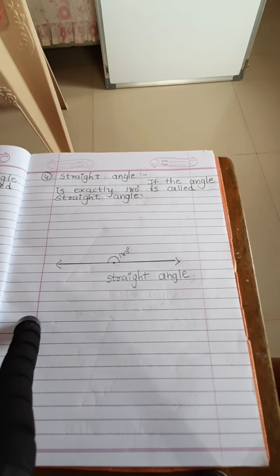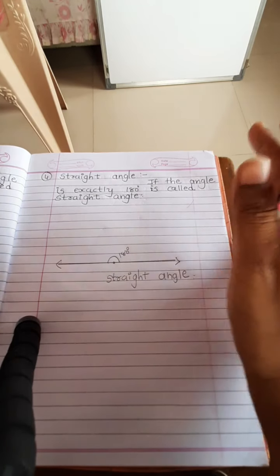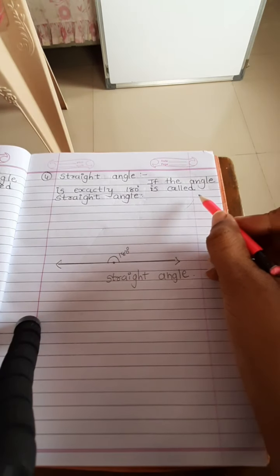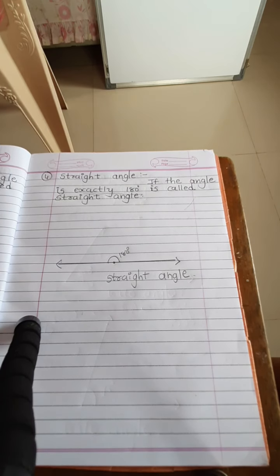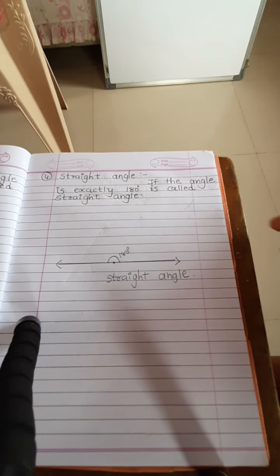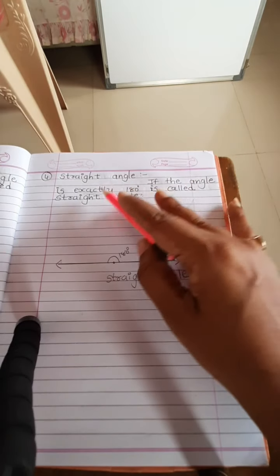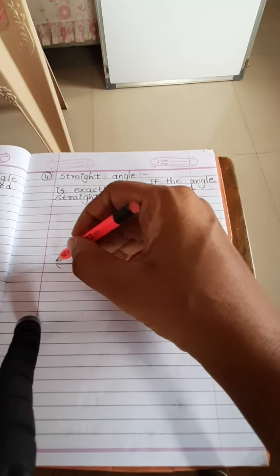Right angle means if the angle is exactly 90 degree, that is called the right angle. Acute angle, if the angle is less than 90 degree, means you can draw like this, close angle. In simple, angle is close, that is called the acute angle. And what is called the obtuse angle? Obtuse angle means if the angle is more than 90 degree, yeah, open angle, that is called the obtuse angle. And straight angle, very simple, if the angle is exactly 180 degree it is called straight angle, means straight line here.